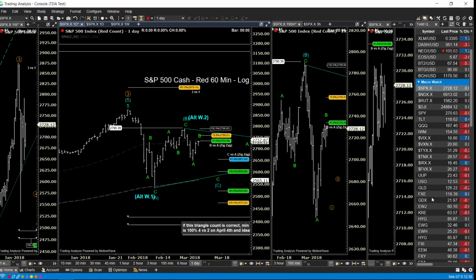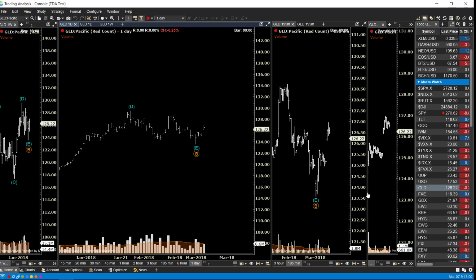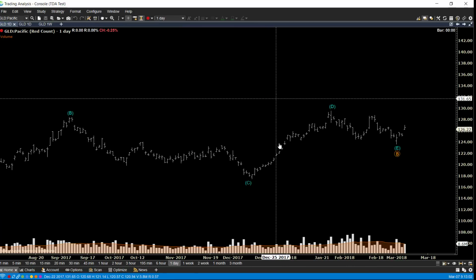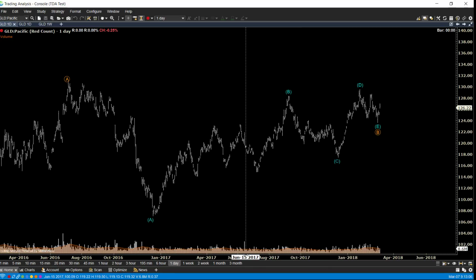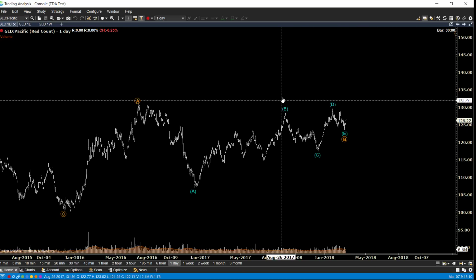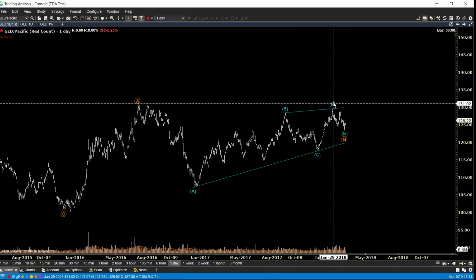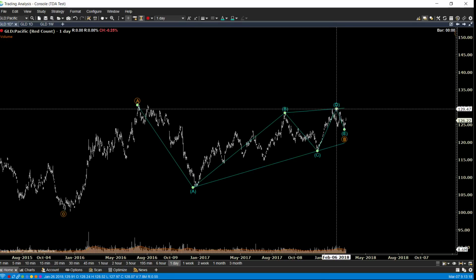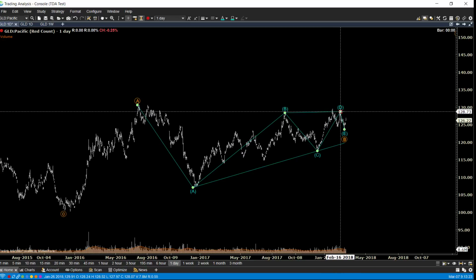All right, the other thing that I think is interesting, we put on a new trade with customers in the GLD. Gold market is potentially breaking a long-term consolidation. It's crazy. People are saying gold was so quiet because cryptos were so much in play. Well, cryptos just got really quiet,